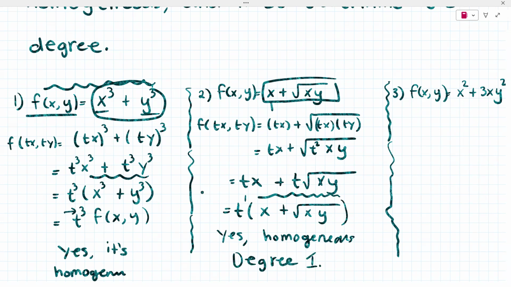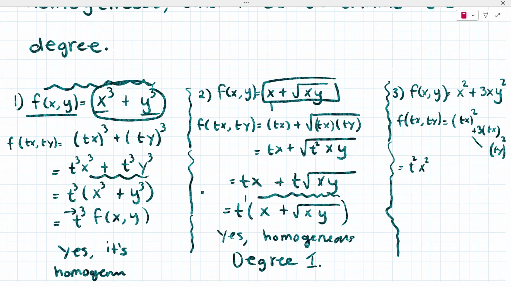Okay, let's do example 3. So first step, plug in your x and y. Replace your x with t of x and replace your y with t of y. So it's going to be t of x squared plus 3 times t of x times t of y squared. So when you clean that up, this right here would be t squared x squared,